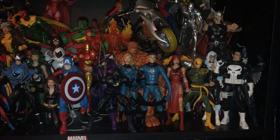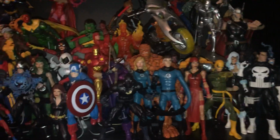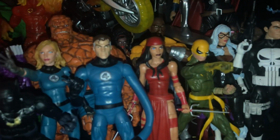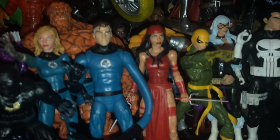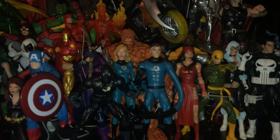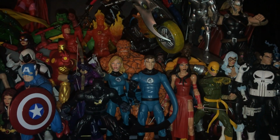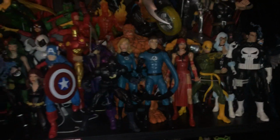The new Thing figure is really good. This is probably my favorite figure out of all my collection. The detail that Hasbro put in this guy is just outstanding. It really pops, and it really makes the character look alive, and it just looks way cool now that he is with the family team. So now you got the Fantastic Four. We just need a Doctor Doom and